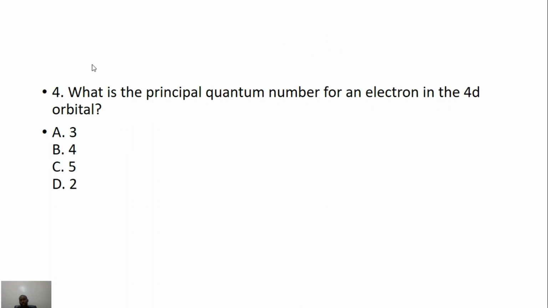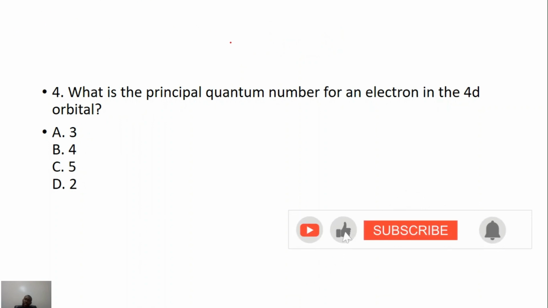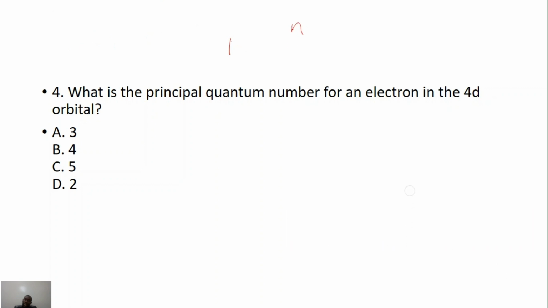What's the principal quantum number for an electron in the 4d? Recall that when you are writing the electronic configuration of an atom, it is written in such a way that you start with n followed by l, with the number of electrons in that orbital as the superscript. So in this one now, this represents the n, which is the principal quantum number of this electron. So the correct answer is